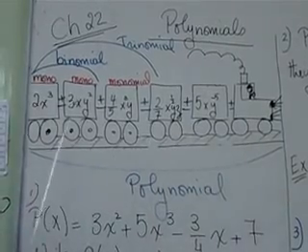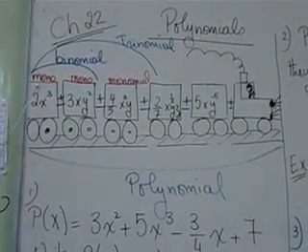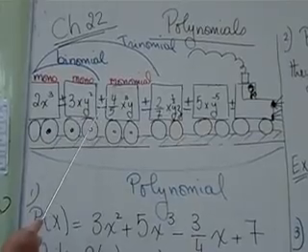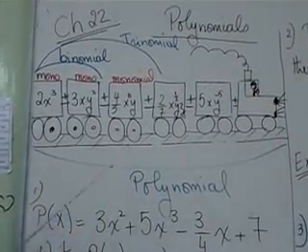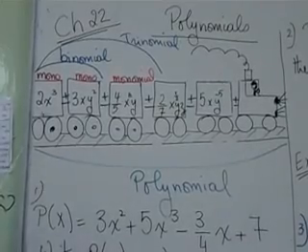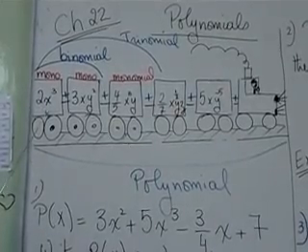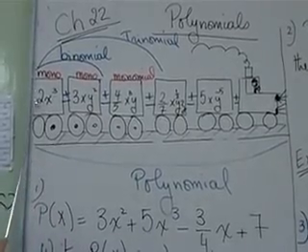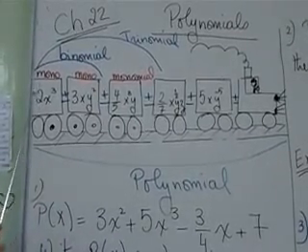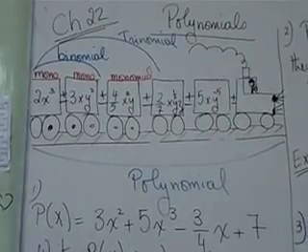of wagons. Each wagon is called a monomial. You notice that I did not write monomial here. You will know why in a minute. Now, a monomial, which is the one wagon, is made up of numbers, which we call coefficients, and